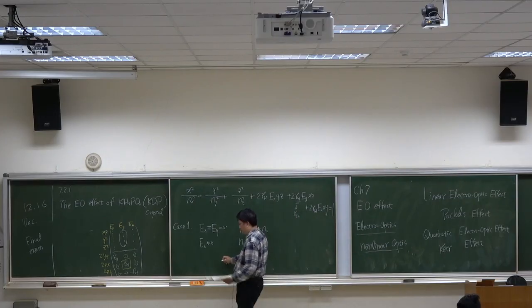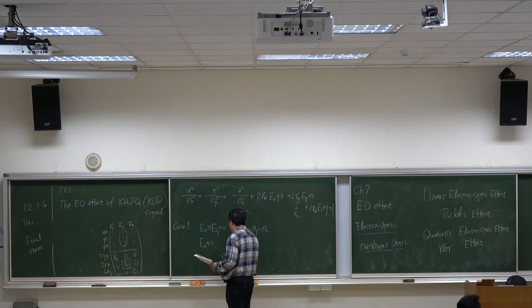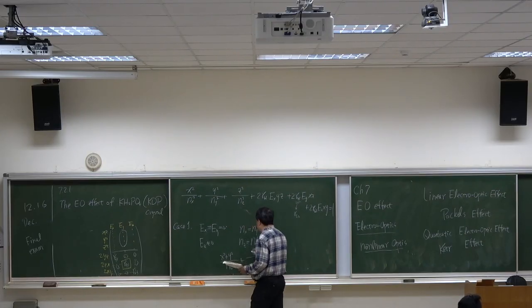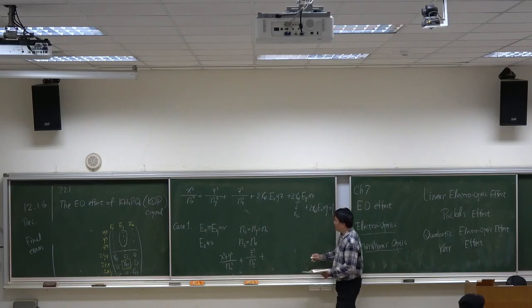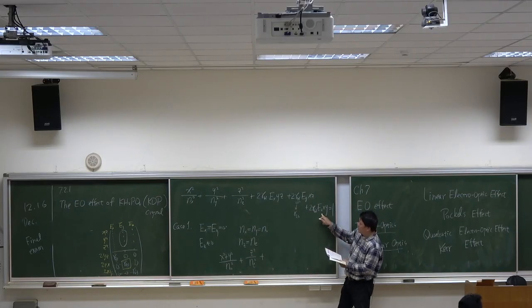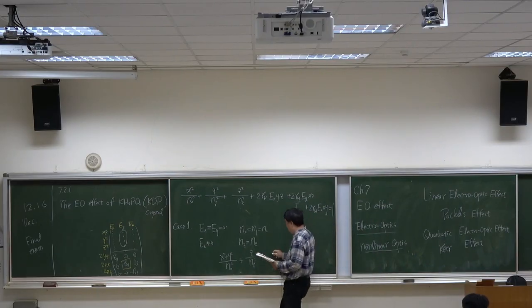So this becomes x squared plus y squared over no squared plus z squared over ne squared plus, since we apply the electric field along the z-axis, 2 R63 EZ